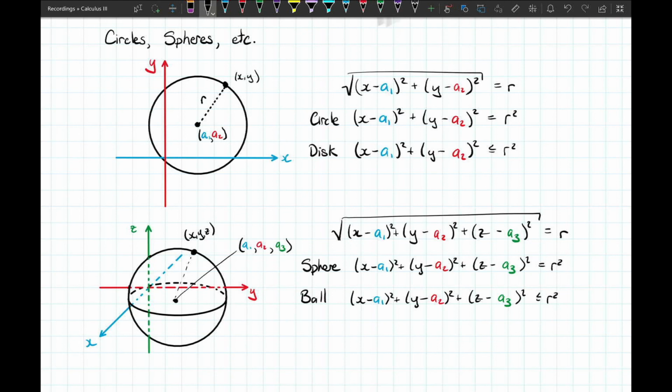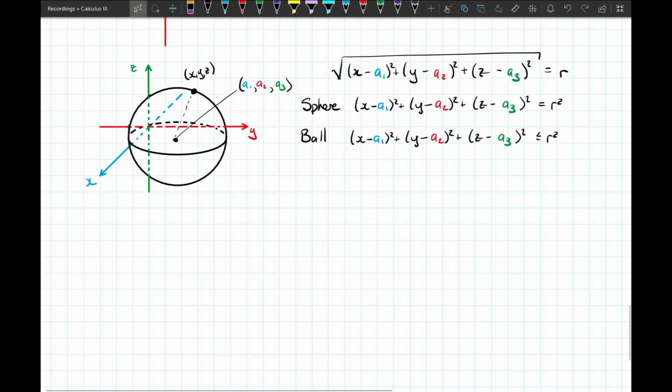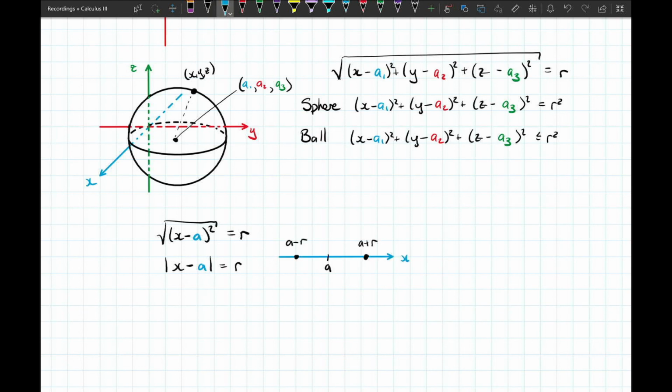and we can extend that either backwards to 1 dimension or forward to as many dimensions as we like. Let's take a look and see what this idea of a sphere is in just 1 dimension. In 1 dimension, if we just have our distance, the square root of (x minus a) squared equal to r, this is the same thing as the absolute value of x minus a equal to r. And that means that x is exactly r units away from x equals a, either to the left or to the right. So this idea of a circle or a sphere in 1 dimension is really just 2 points equidistant